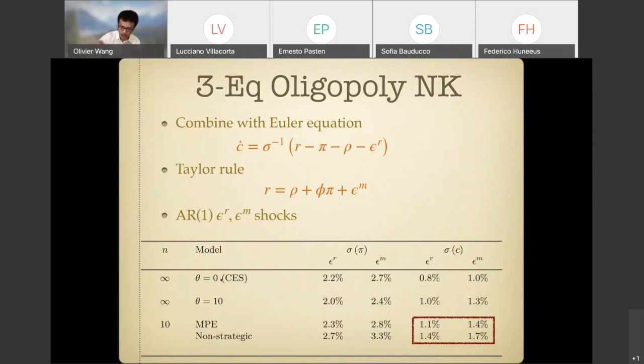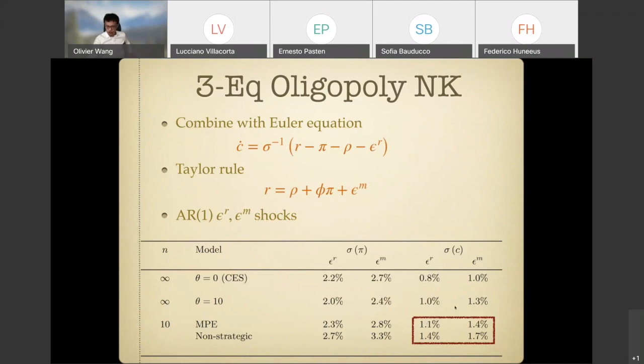You generate a big path. And so here I'm just going to look at the standard deviation of consumption over 100 years, 200 years with the simulation. And you see that a model with 10 firms, so pretty high concentration, but not crazy given the current amounts, in the MPE, which is the full model,